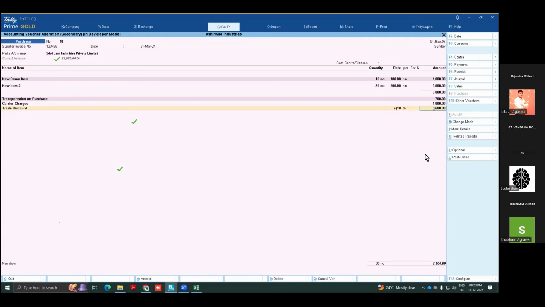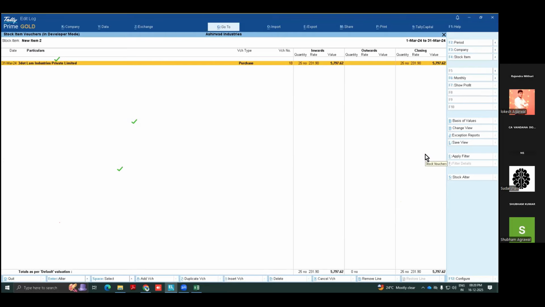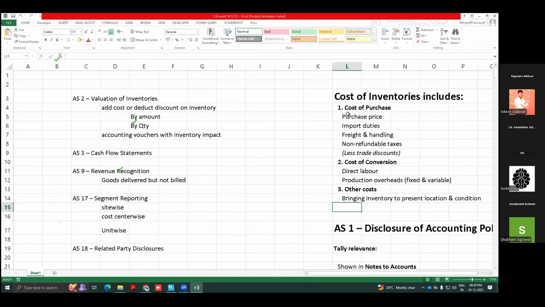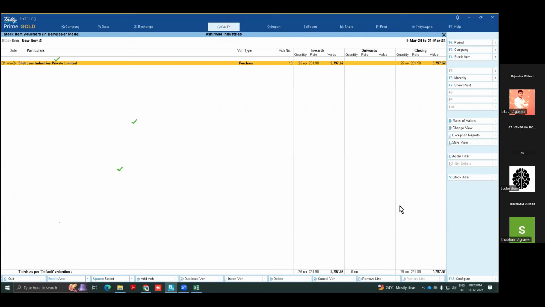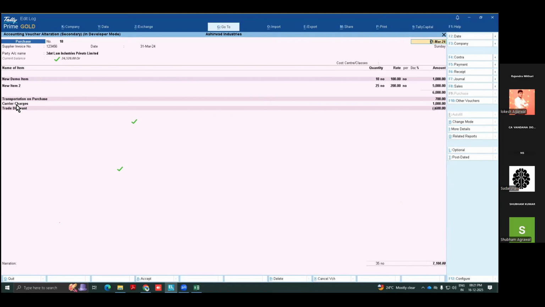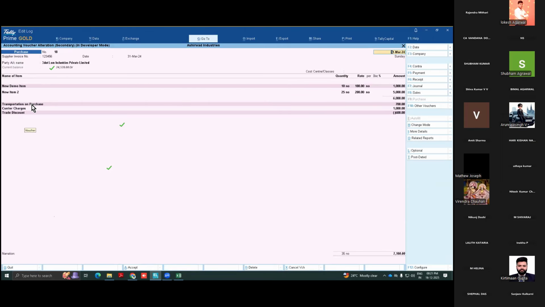Now if I save this, see the value is now 5797. Everything is automatically done, 100% followed as per standards given. See here, all standards are followed. Okay, this is case 1 where I have charges or discounts charged by the supplier in the same invoice. This is the first case.